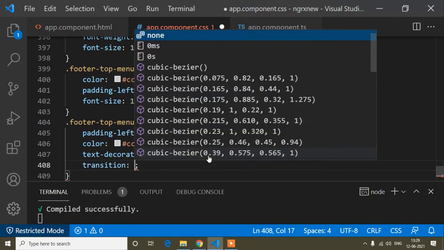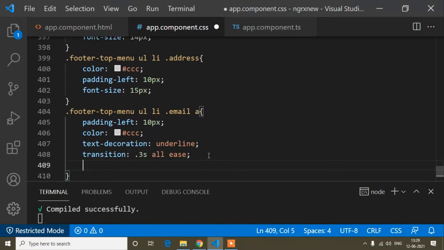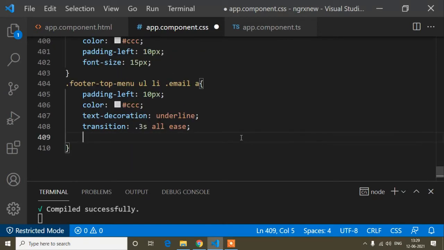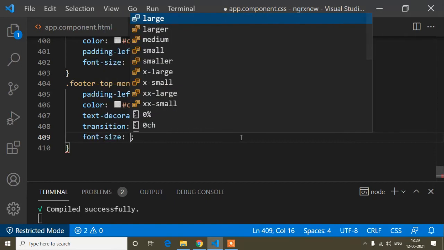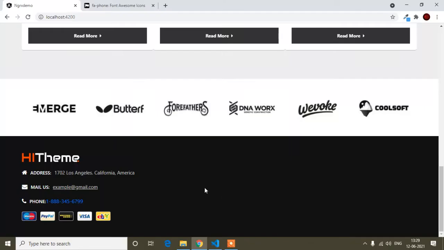Transition 0.3s all ease, and here the font size, so font size is 15 pixel. So now you can see here is the underline, and color also changed, and when I will hover on that, so I will add now the hover effect.